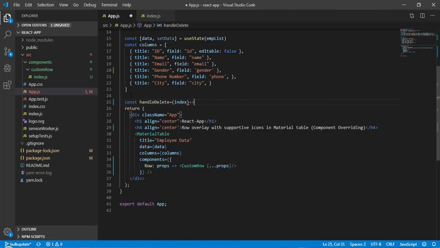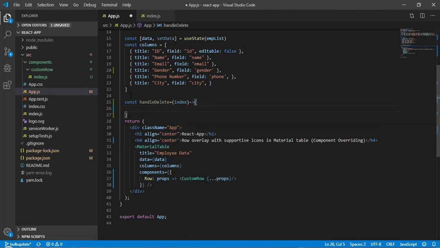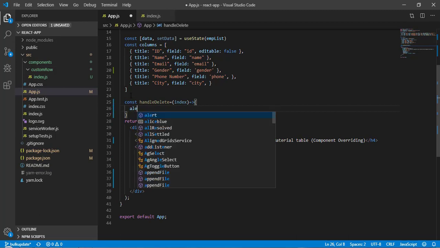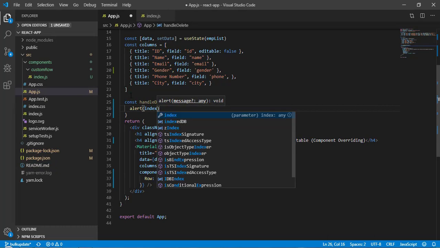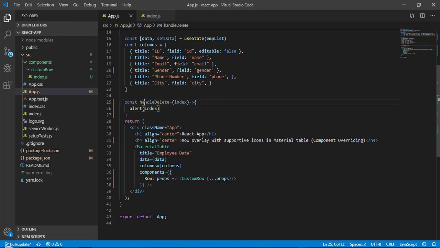Okay, now here whatever the index we will get, let's print that. So alert index. Okay, now we have this function, so we need to pass this function as a props to our custom row. Okay, so here let's copy this function and pass here handle delete as a handle delete.